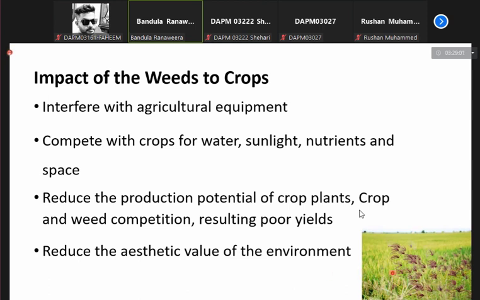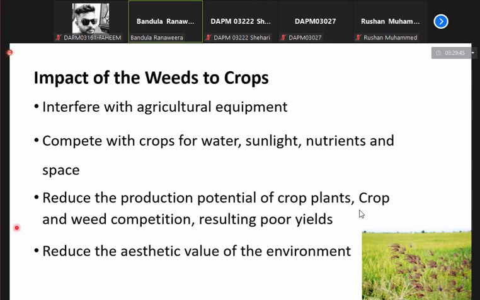And sometimes when the weeds have grown, the aesthetic value of the environment is reduced. On the contrary, some of the weed plants can improve the aesthetic value of the environment as well. So, depending on how you look at the flower or the plant, what is your point of view? Anyway, for a farmer, whether the weed plant has aesthetic value or not, he may not